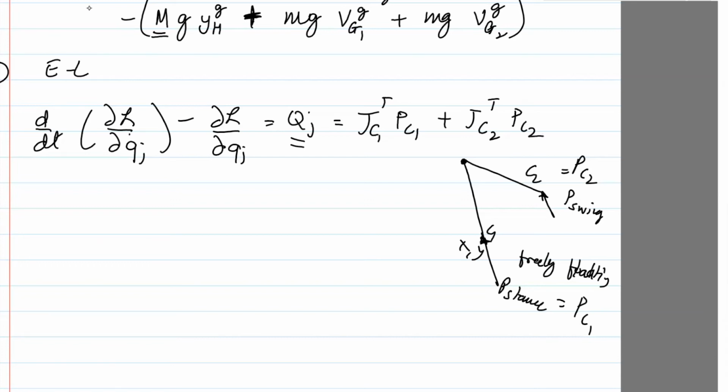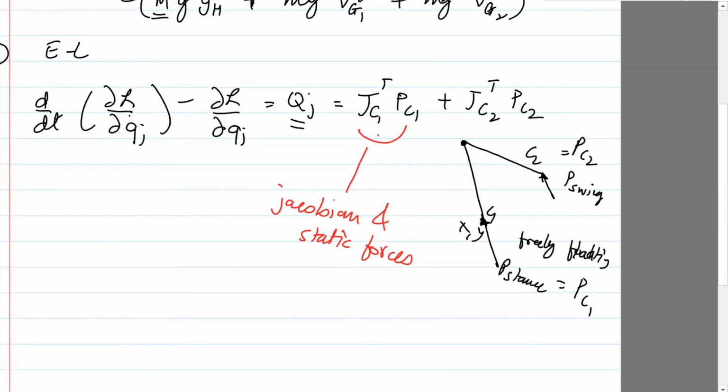And you can think of this as the same as what we derive for Jacobian for static forces. That is, what we effectively did was, by introducing this JC transpose PC1 over here, we put the right amount of torque at the joint such that those forces will constrain this point to behave in the right manner, in this case, x, y would be stationary, and this leg, in fact, we just put it here for the sake of it,